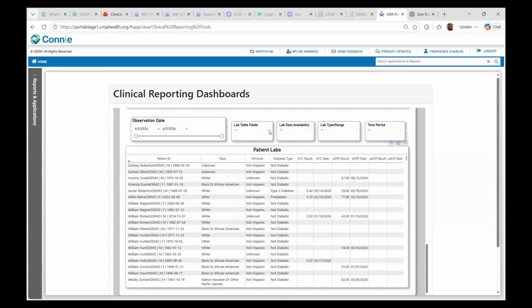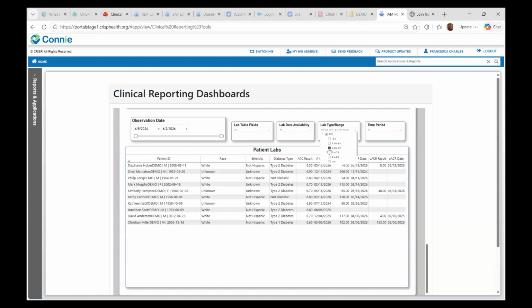We have an observation date slider or date selector within the calendars, and the lab table fields. You're able to remove or add any specific categories listed here within the table. For the lab data that is available, patients with labs or patients without labs, you're able to filter. For the lab type range for A1Cs, if you select on the carets, you will be able to filter specific to the range that you've selected, and that will filter the table